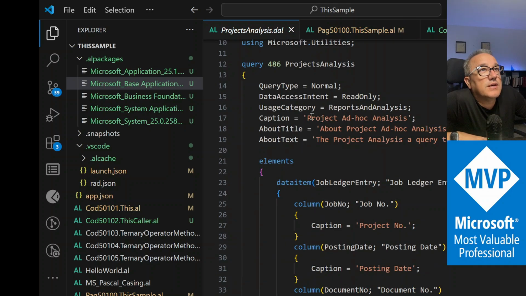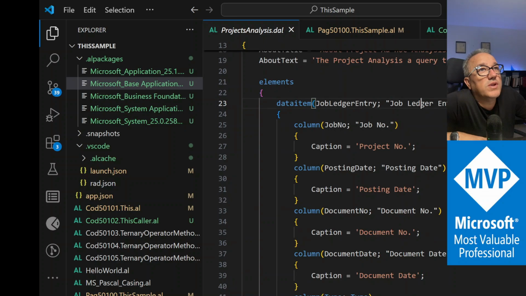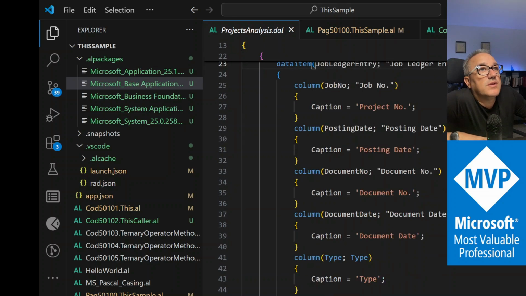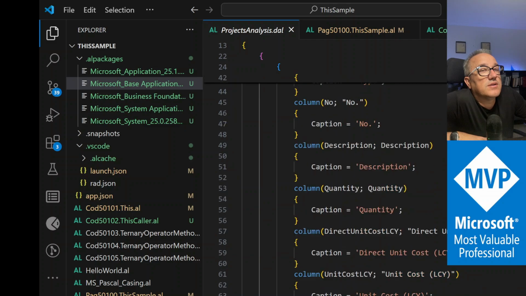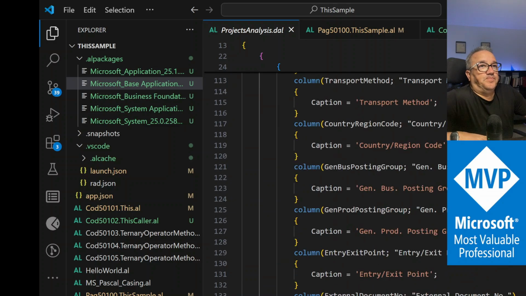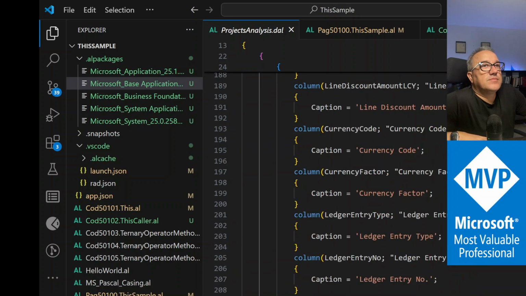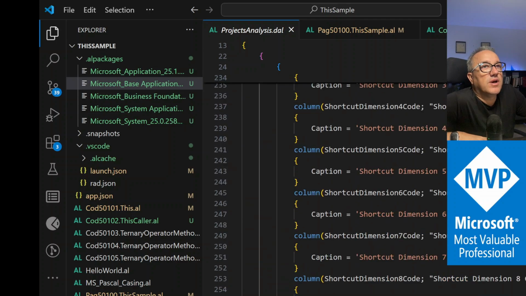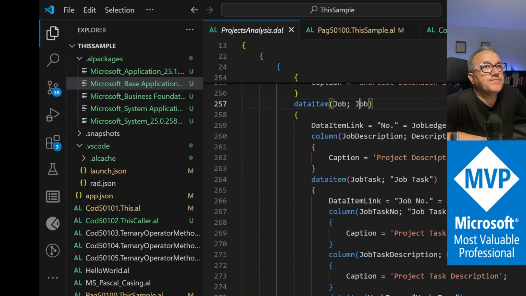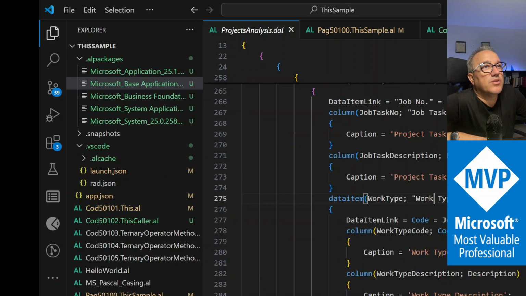And yeah, you can find it by typing project and ad hoc analysis, and it is based on the job ledger entry. It's got a bunch of columns from the job ledger entry. And then at some point we've got the job itself, and then job task, and then the work type